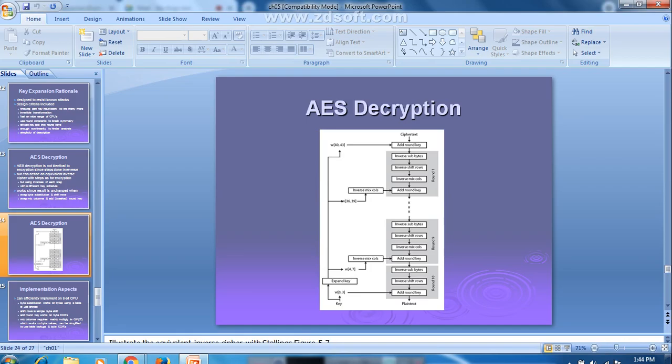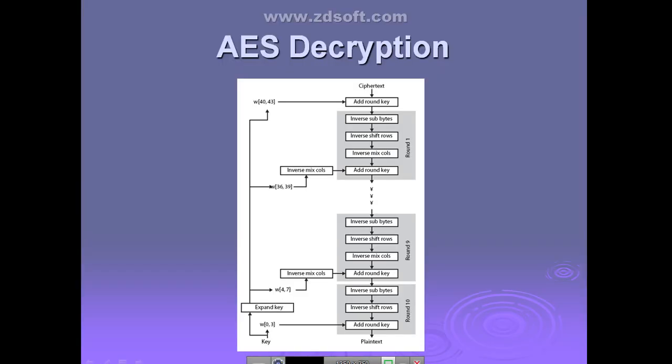Is the diagram visible? With the decryption, see the key is used in reverse order. For the first round it is using words 42 to 45, and for the last round it is using 0 to 3. But in encryption, in the last round you use 42 to 45 and in the first round 0 to 3. In the reverse order you are going to use the expanded key.